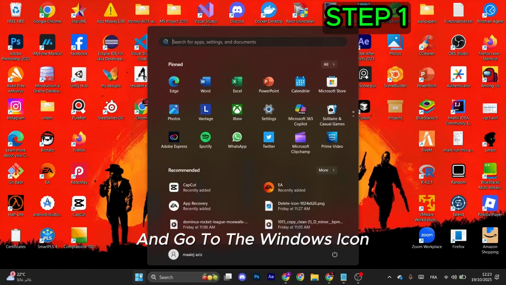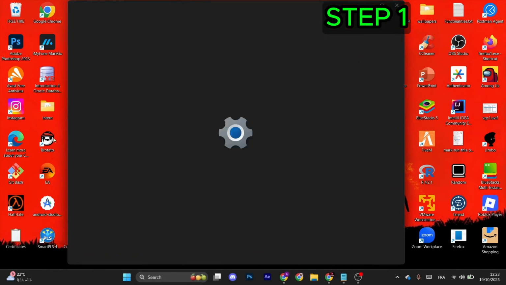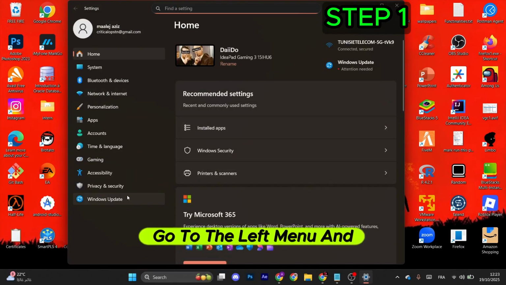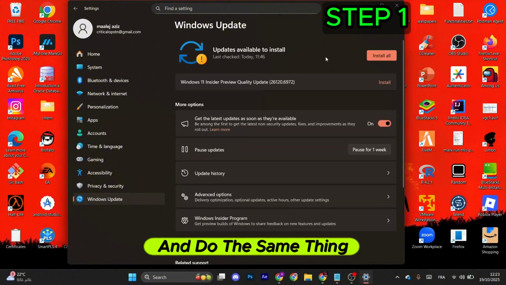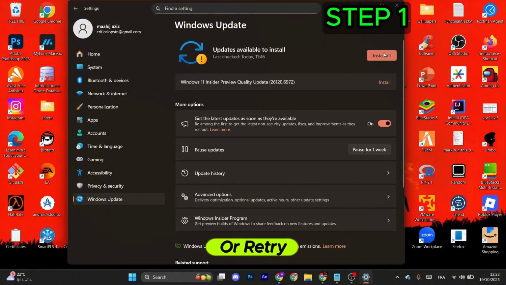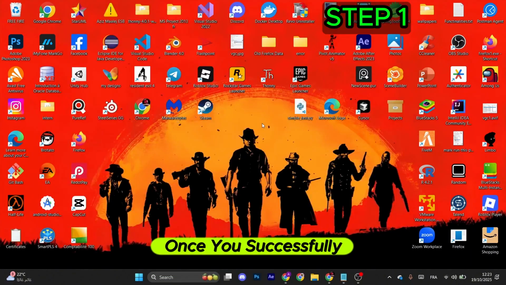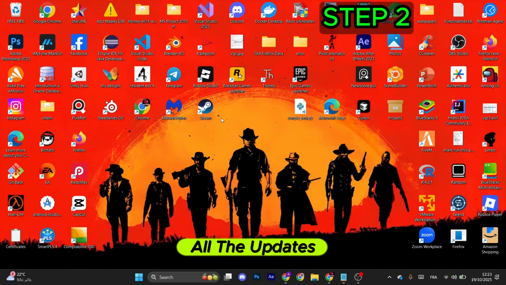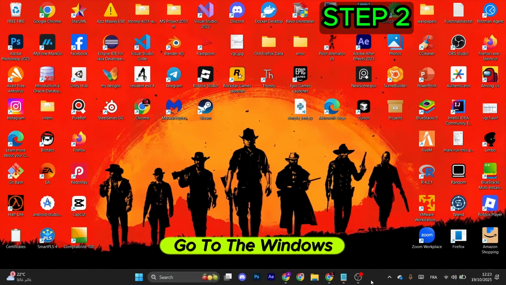Now go to the Windows icon right here and go to settings. Now after this appears, go to the left menu and select Windows Update and do the same thing by installing or retry failed updates. Once you have successfully installed all the updates, for the next step, go to the Windows taskbar, select